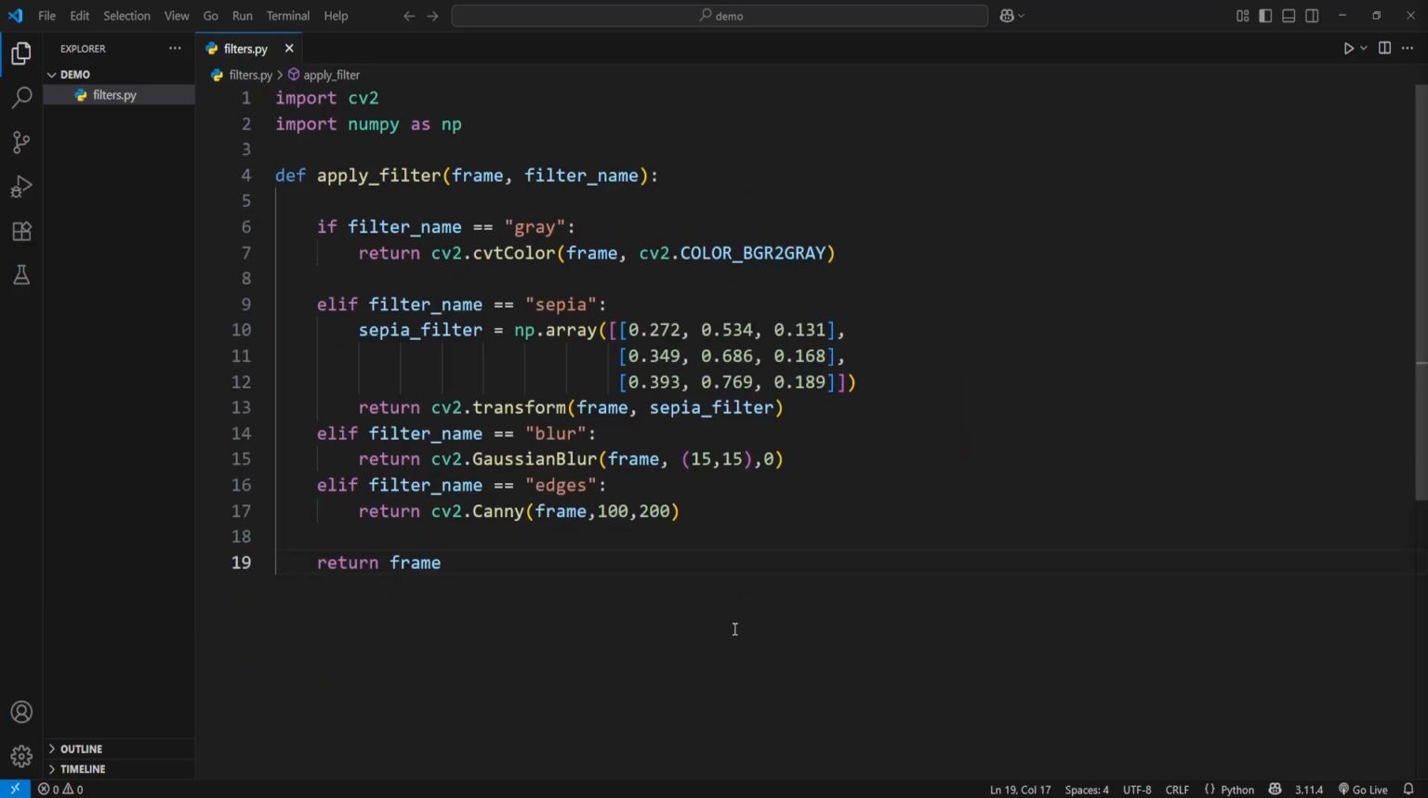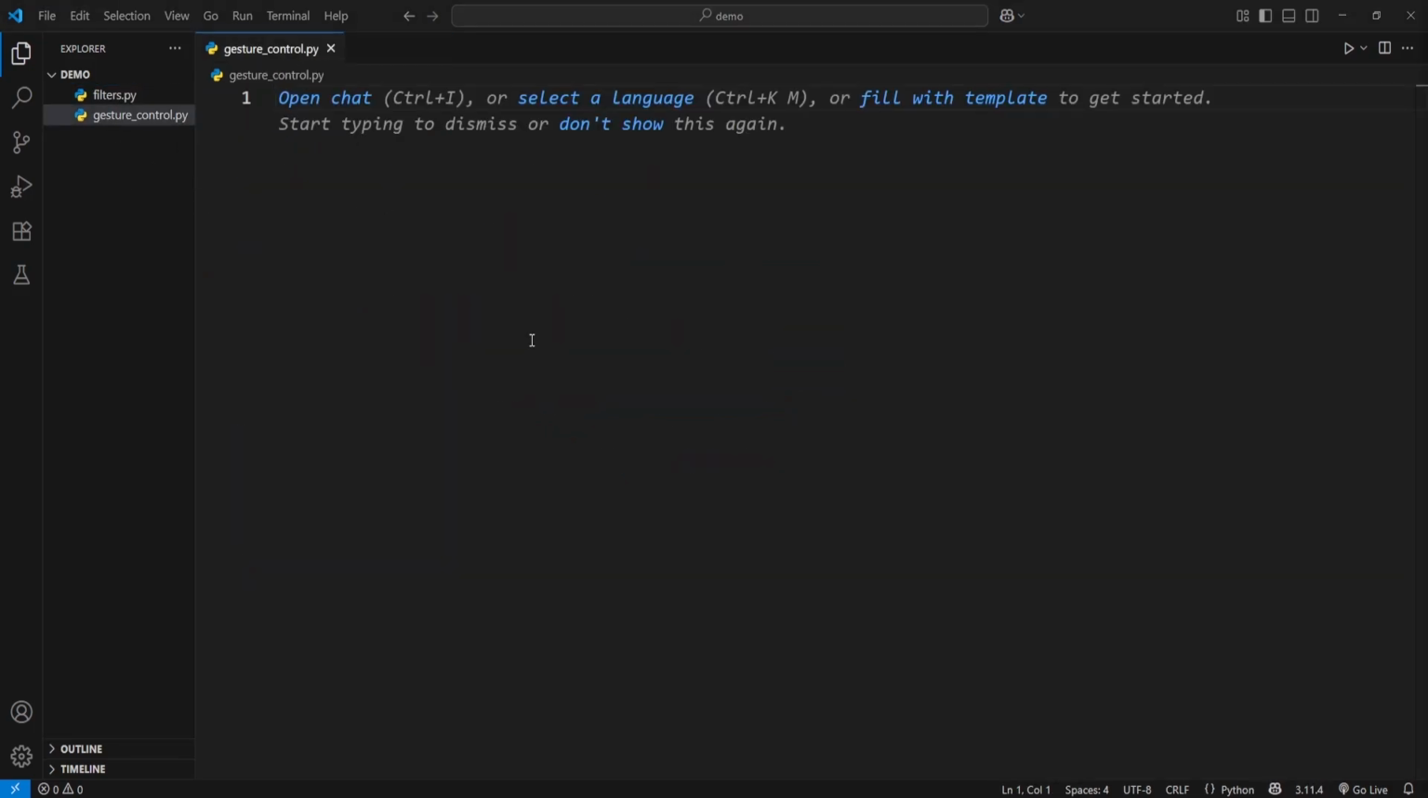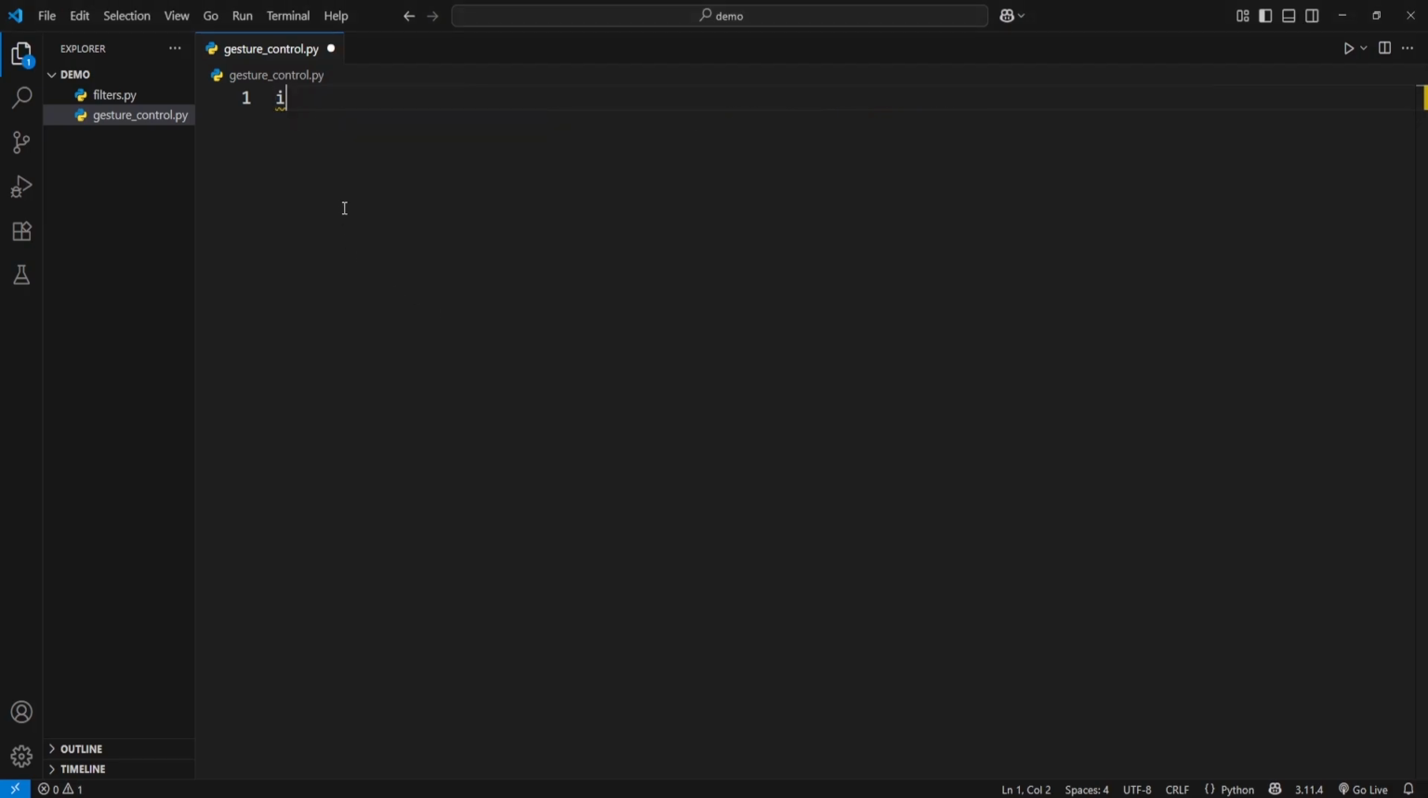Hello guys, good to see you back. This is the second part of this tutorial, and in this part we are going to create the gesture control. For that I am going to create another Python file, and our Python file name is gesturecontrol.py. At first I am going to import cv2 and the MediaPipe module. So I'm going to type import cv2, then I am going to import mediapipe